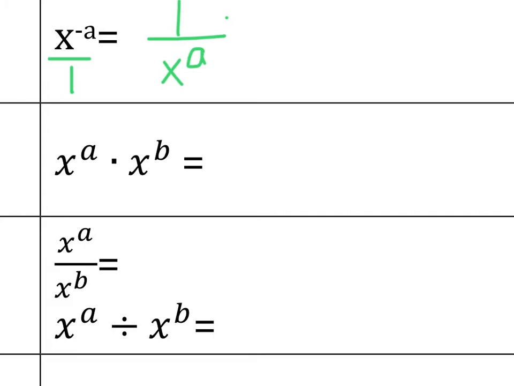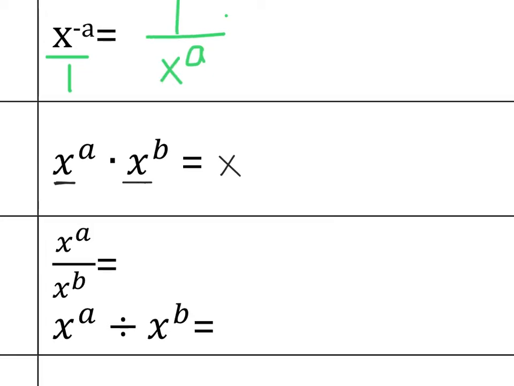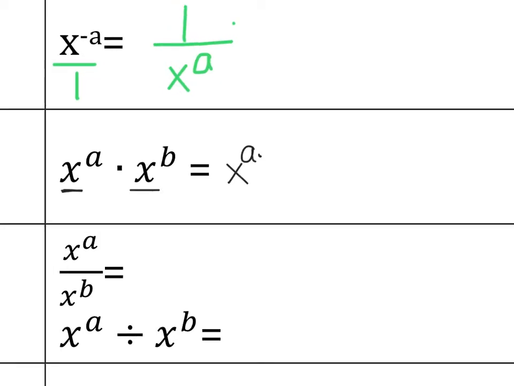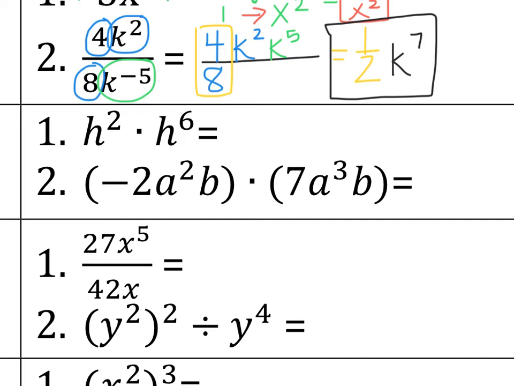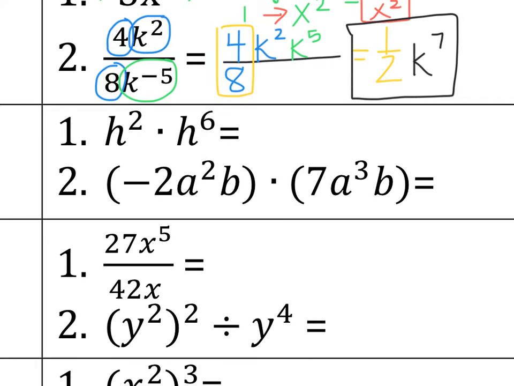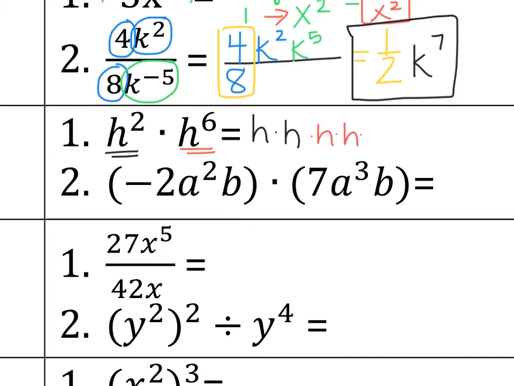If we have two numbers with the same base, all we have to do is add the exponents. I'm going to show you the long way, but this just means x to the a times x to the b equals x to the a plus b. So in our example over here, h squared times h to the 6th: h squared means we have 2 h's, h to the 6th means I have 6,